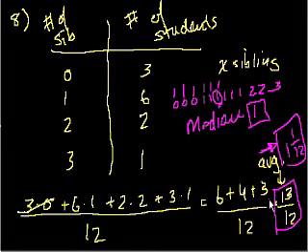Welcome back. I keep rushing to try to get under the wire for these problems, but let me explain it properly. So what we did is we said that a new student joins and the average after he joins is equal to the median. And what we did is we figured out, well, what's the average and the median before the student joins? Well, the average before the student joined was 13 over 12, and the median before the student joined was 1. If the new student has 1 or 0, and what we established, the only way to bring